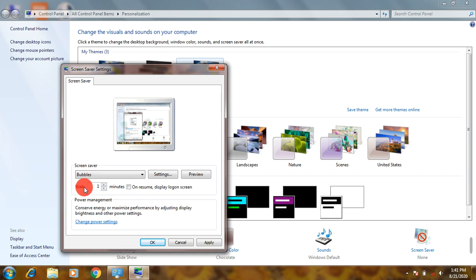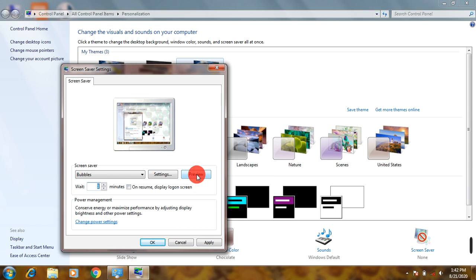and here you can put the time interval for which the computer will wait to apply this screensaver. So minimum time interval is 1 minute, but you can increase by clicking on this increase button. And in the last, you have to click on apply and OK button. So in order to show you the screensaver, I would have to wait here 1 minute, but I am going to display it using this preview option.